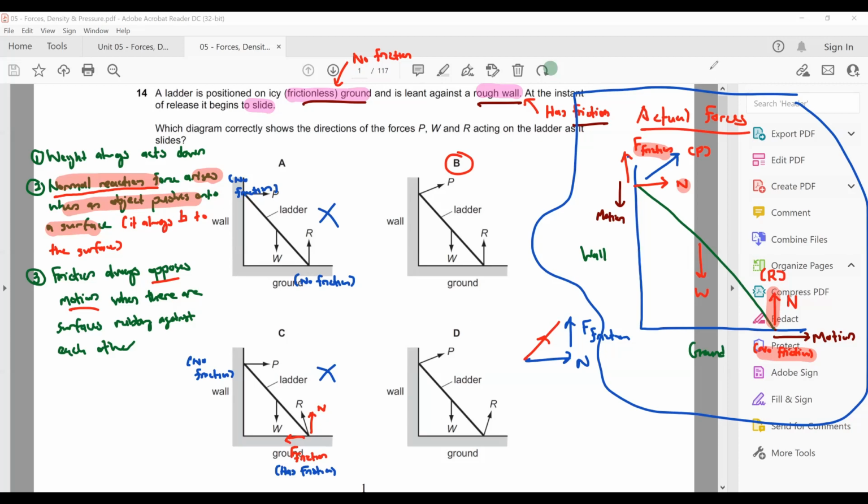D is a bit nonsensical. So if you look at the wall, the only time you can get a force that's in this direction is if your N is here, and then your force of friction is here. And then the only time you can get an R in this direction is again when you have a normal reaction force like this, but this time your force of friction is like this. Okay. Now there's something wrong with this part particularly,